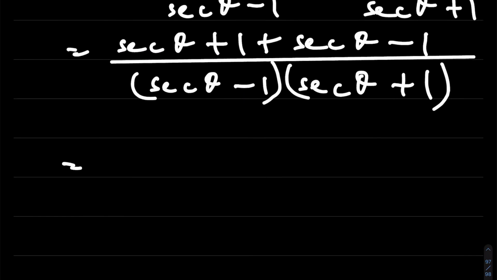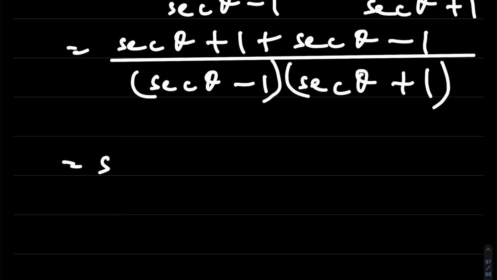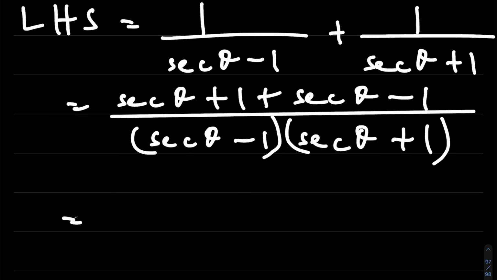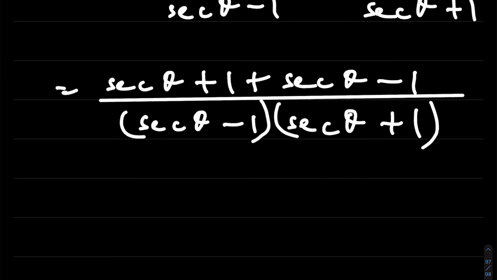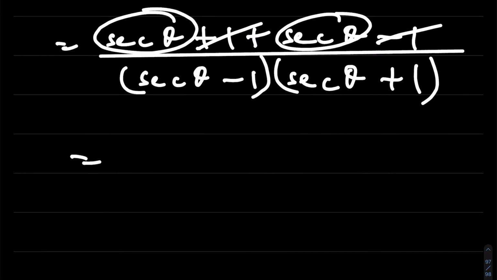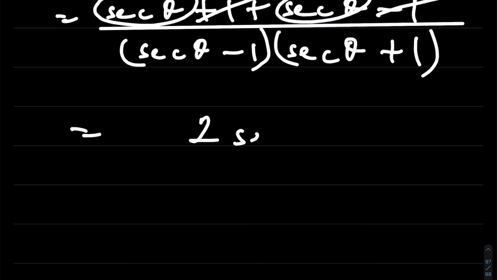Now, what's the next step? The next step is to open the brackets. Okay, now I can see that 1 minus 1. I want to move this down a little for proper spacing. Yeah. Now I can see that 1 minus 1 is 0. And sec theta plus sec theta is 2 sec theta. 2 sec theta all over